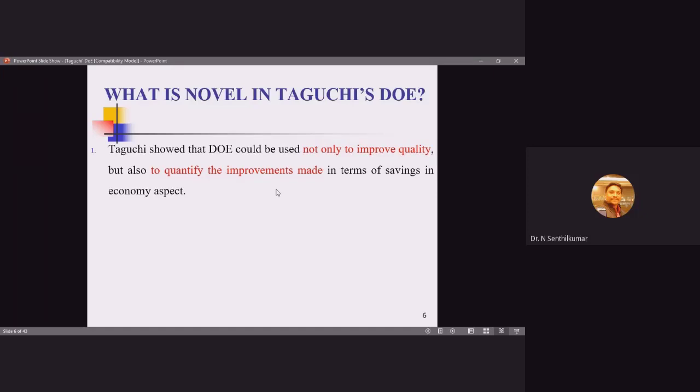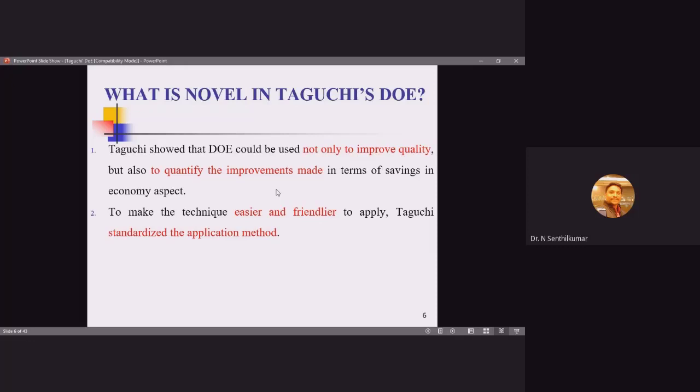By using this Taguchi's technique, I am going to quantify, by applying this design, how much MRR can be improved. For example, 2% of MRR has been improved by identifying the optimum condition and performing the experiment with this optimum condition. On the contrary, take the surface roughness of a machined surface. The surface roughness should be as low as possible. So for this, the objective is minimization. In that category, 10% of surface roughness has been reduced as we machine with the optimum conditions. So that much quantification is possible with this Taguchi's DOE.